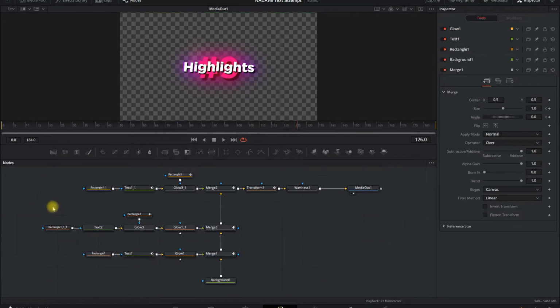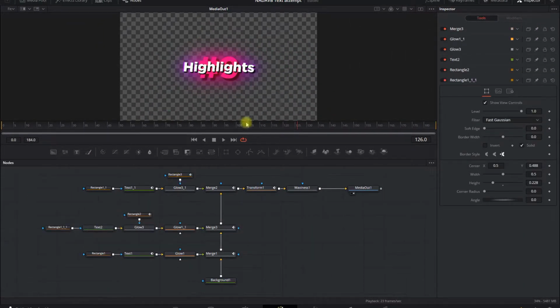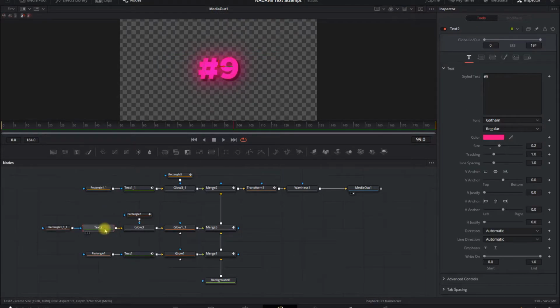Now on to this bit. So for this bit, this is the number 9 bit we're focusing on. Okay, so the rectangle, copy these settings. This rectangle is bigger than the other one to make room for the 9, for the size of the 9. And then for the text,